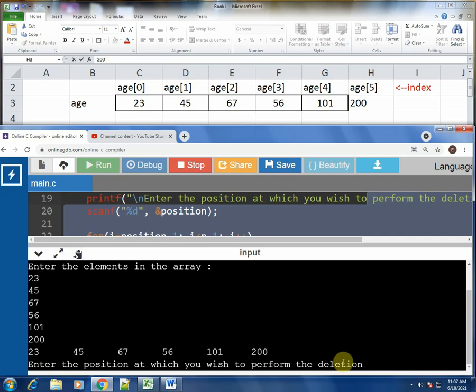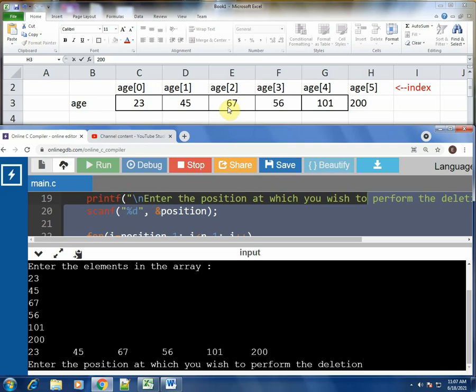Say we want to delete the number 67. 67 is present over here at position 3. It is at position 3 but index 2. You are asked to enter the position, not index.